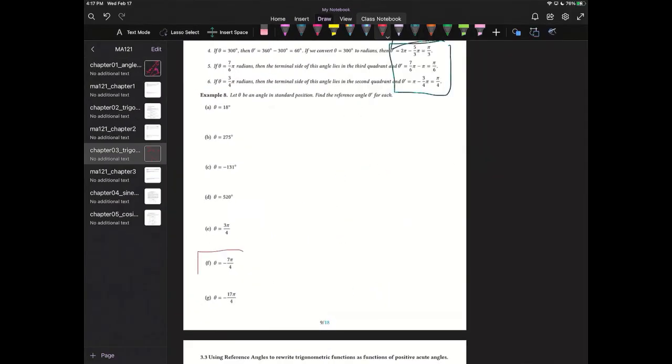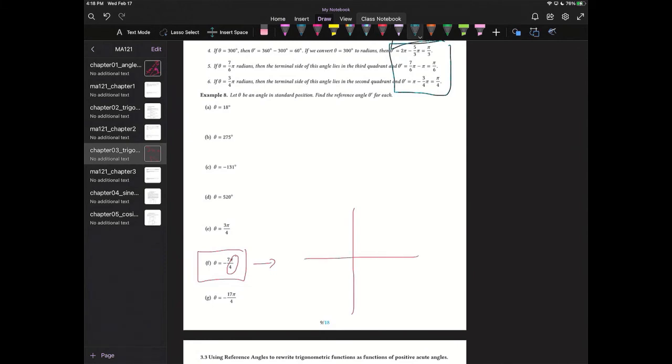Okay, let me do negative 7 pi over 4. So first step, sketch the angle in standard position to help you think what kind of subtraction or addition you need to do. I know I'm going to rotate in the negative direction. The question is how much I'm going to rotate. So notice that pi over 4 is like a quarter of a quadrant. So I'm taking 7 quarters of a quadrant, basically. So what I mean by that,